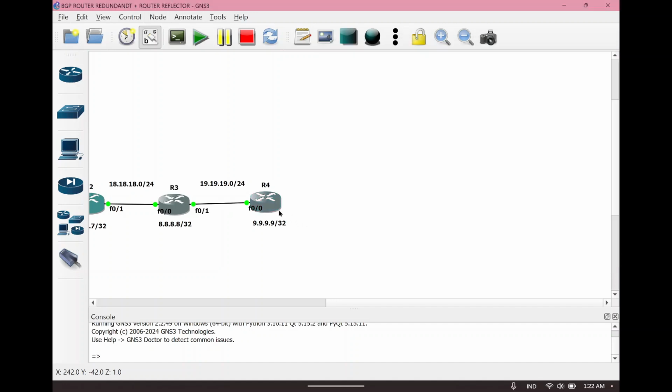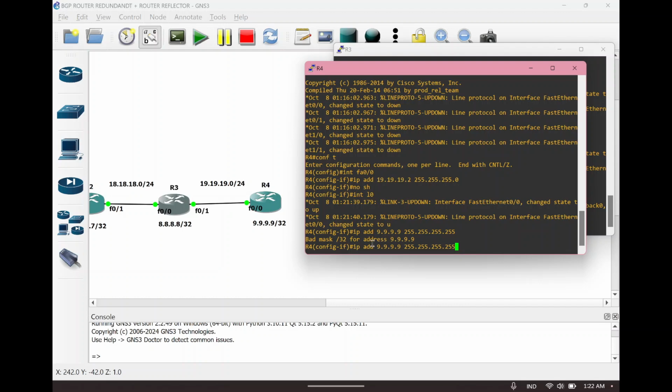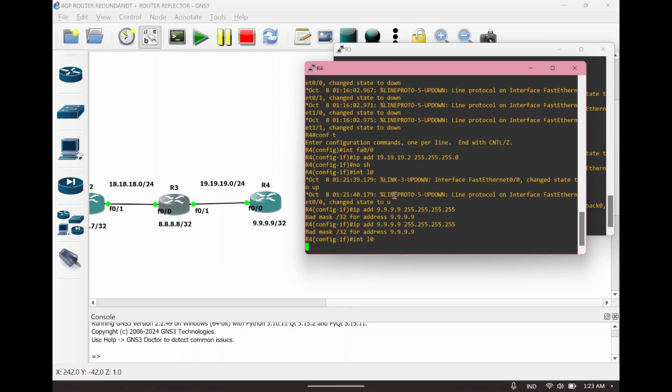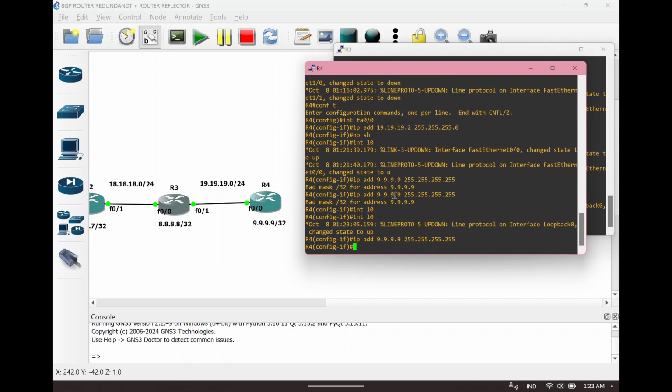So I go back to router number 4 and try again to type the interface loopback. I try again, and okay, maybe I can click enter. Okay, it works.